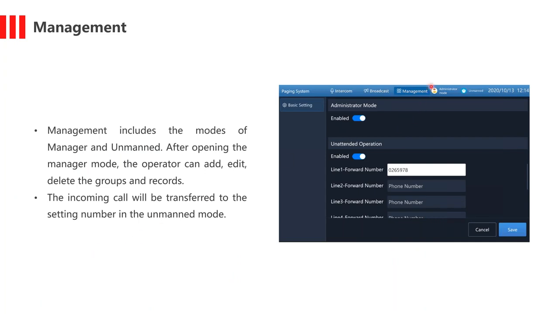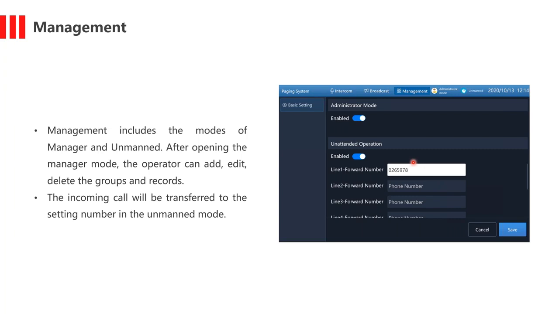In addition to that, we also have a management interface, which really provides you, the administrator, the capabilities of adding an admin mode where you can use this device either in a manned interface, which provides you full capabilities in having administrative mode, or you can have it unmanned where all of a sudden you lock away all of these different capabilities. But once you have administrative mode, you can go ahead and provide forwarding keys so that when all